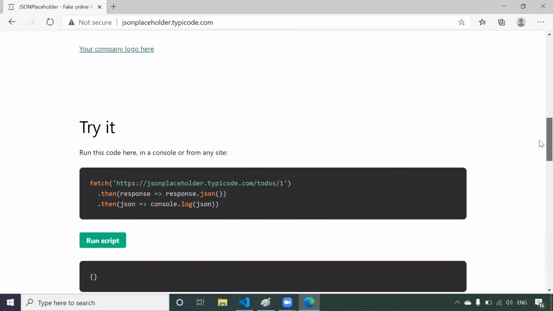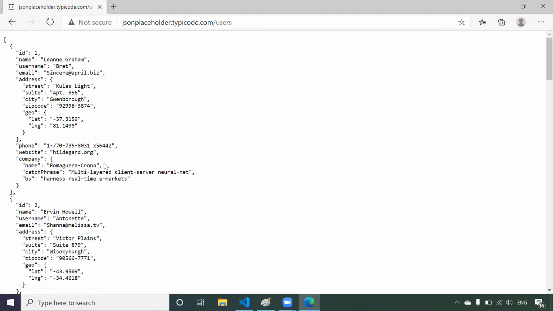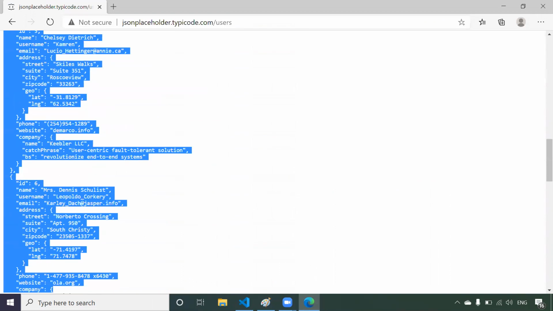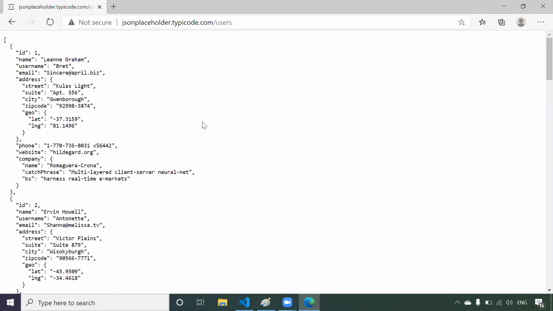If you come down, you will see some URLs like posts, comments, albums, photos, users, right? If you click on users, it is going to provide you this URL. If you hit this URL, you are going to get this kind of data. This is your JSON data. We have to store this data in the store, and there will be one more component, the user component, that will display this data in a table format.